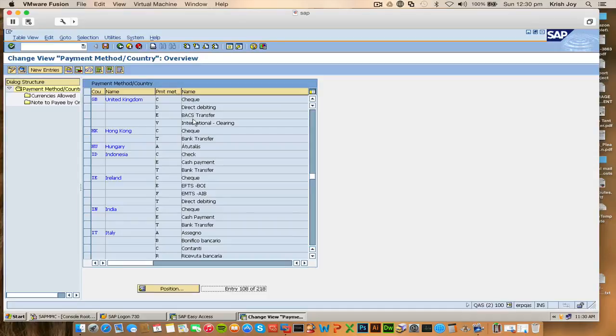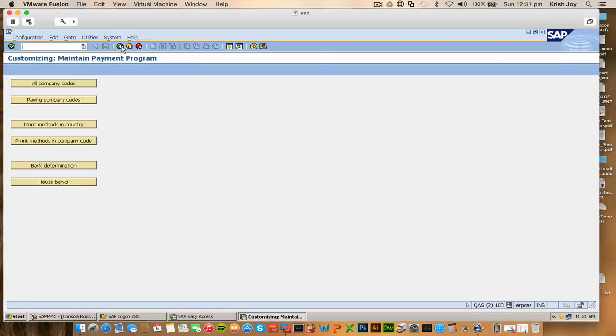Right? What are the country specific things? So far we have seen tax GB for VAT, right? Currency is country specific, right? So